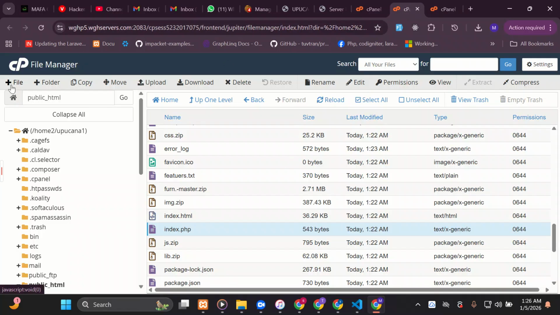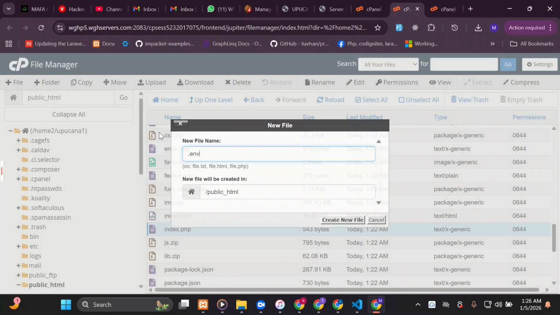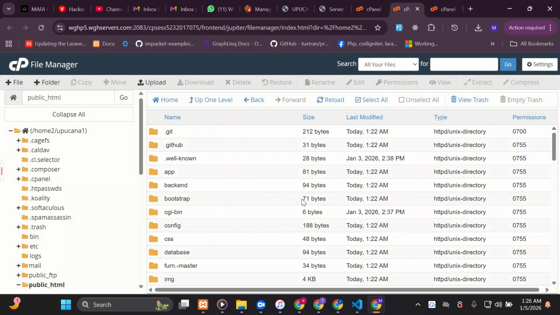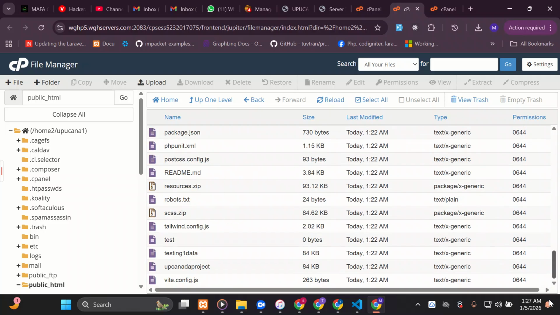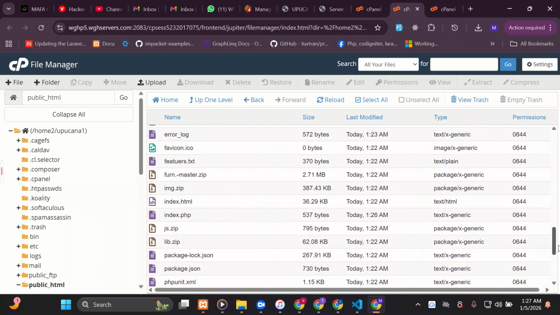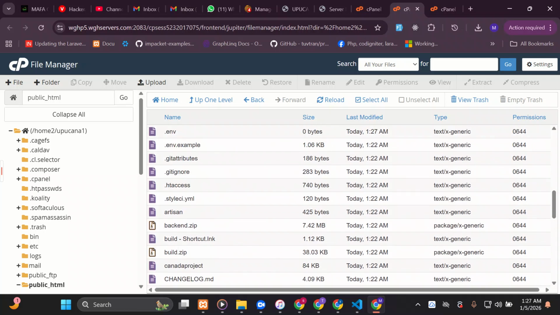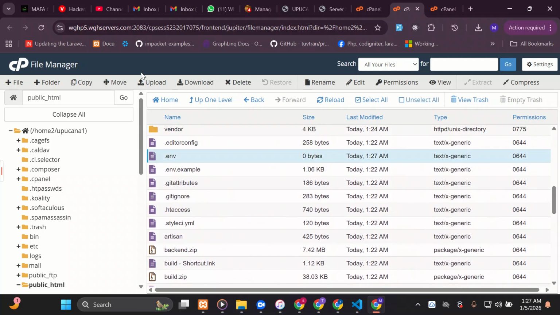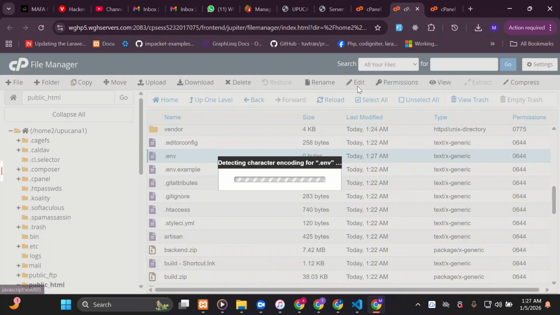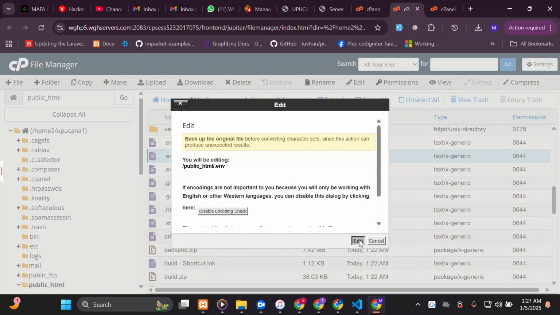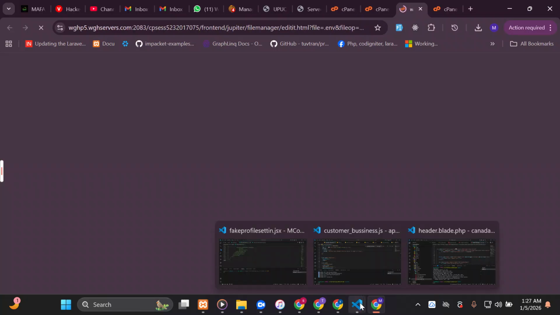It's already coming up. So the next thing to do is pretty simple. You need to create a file, an env file. So plus env. I've created a new file, and this env file, I'm going to try and locate it and work with it. So this is the env file. I'm going to click edit,